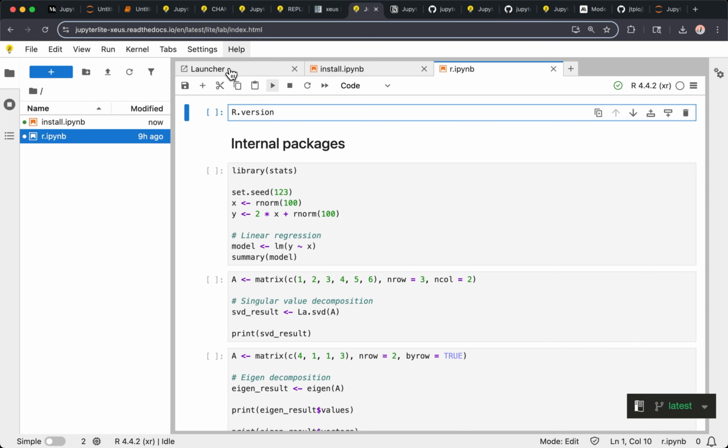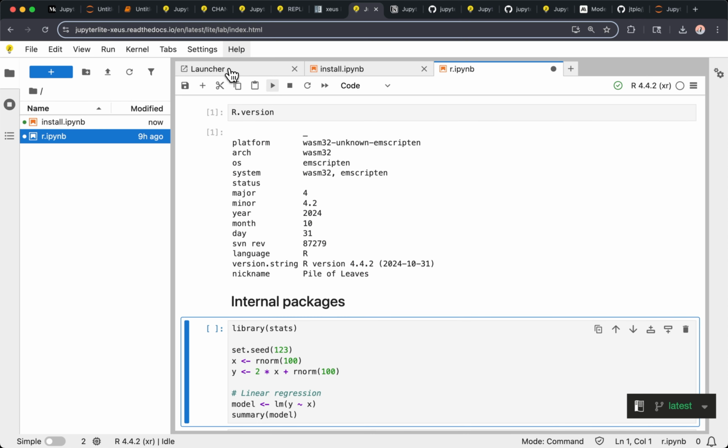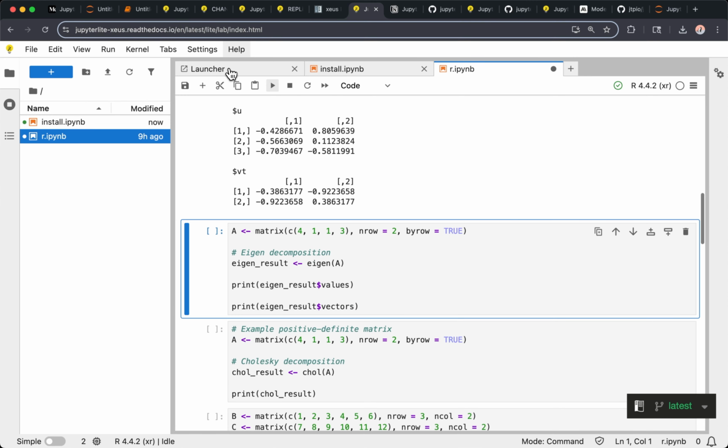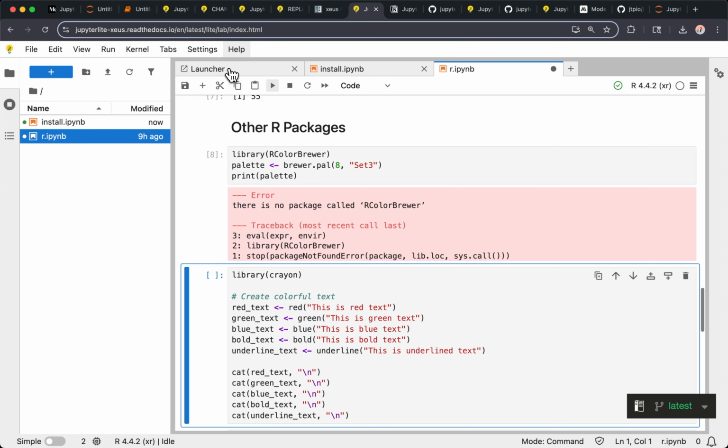And that means running R in your web browser in Jupyter. So yeah, there are other languages coming, so stay tuned.